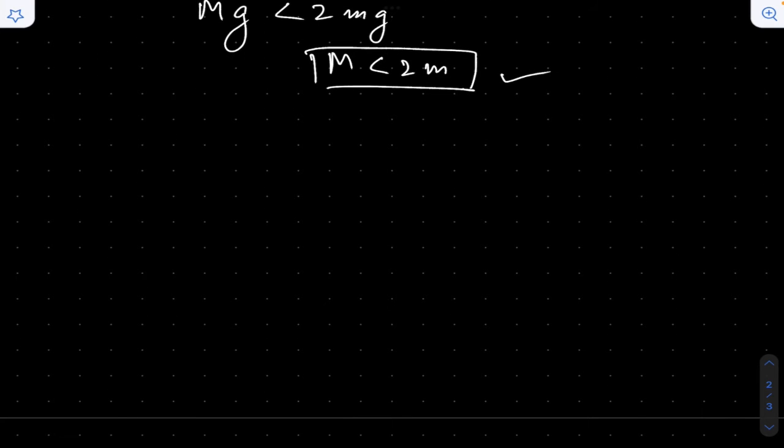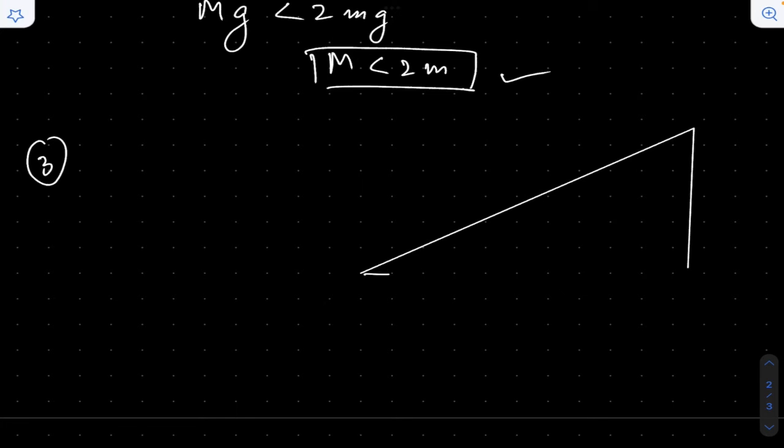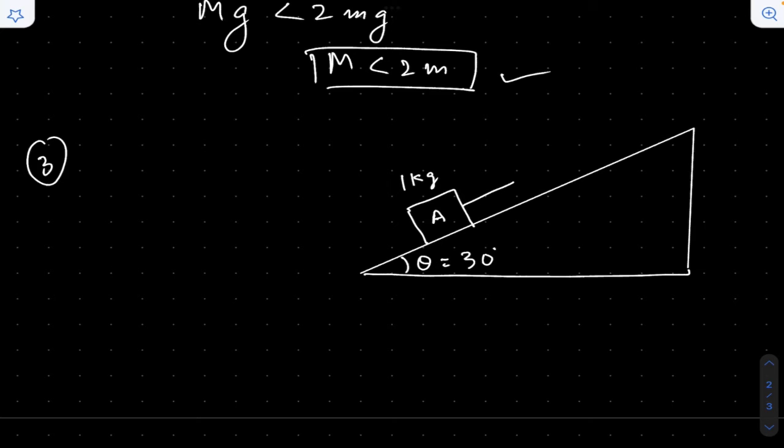Let us see one more example based on equilibrium. We have an inclined plane. Example number 3: we have an inclined plane like this, and the inclination angle is 30 degrees, theta equals 30 degrees. We have a 1 kg block A, which is attached with a string, and here we have another block B having mass 2 kg,